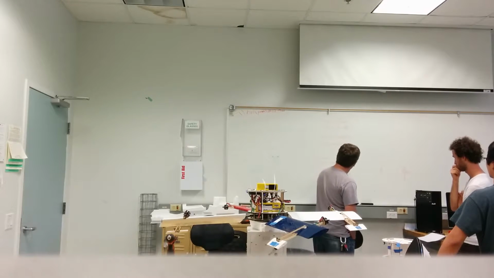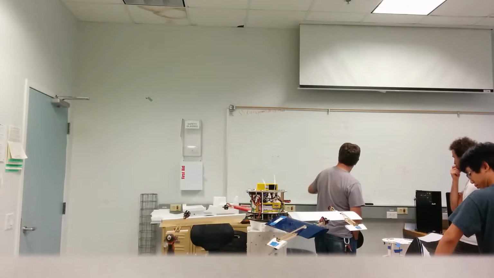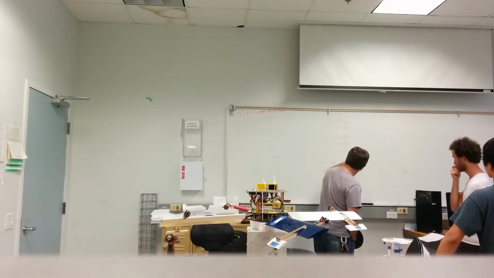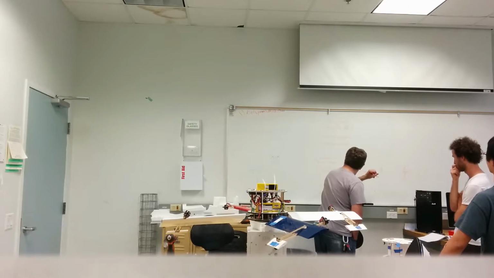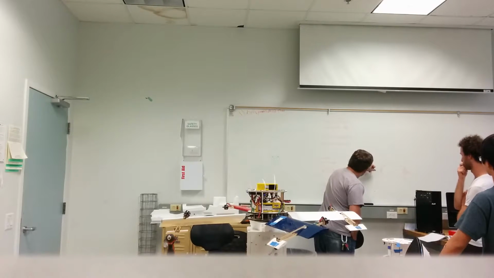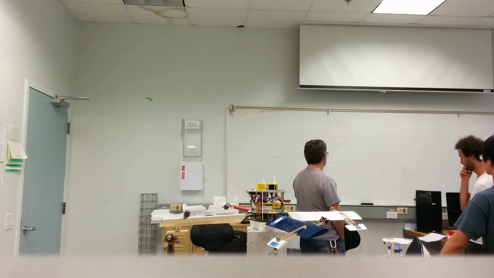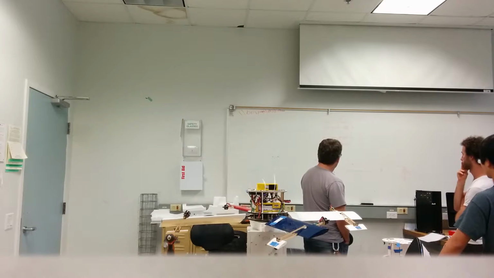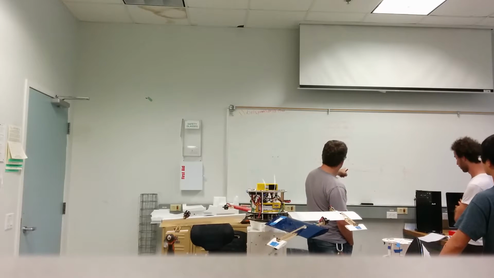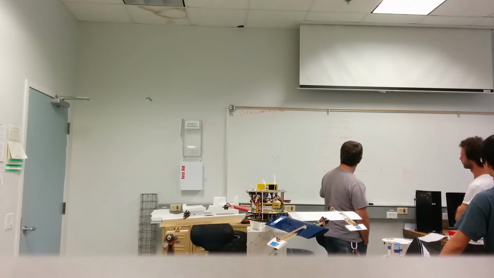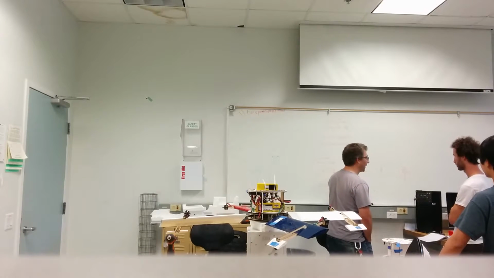So y double dot is equal to CL v naught sine theta cosine theta minus mg. And now I want to control my altitude, I control y